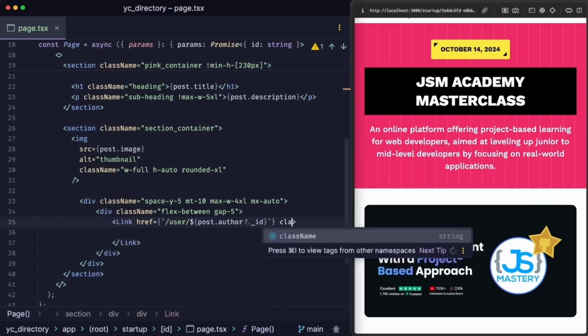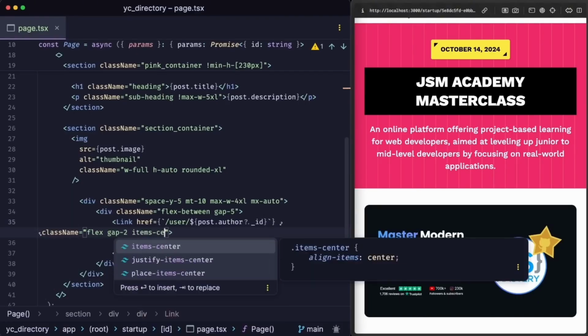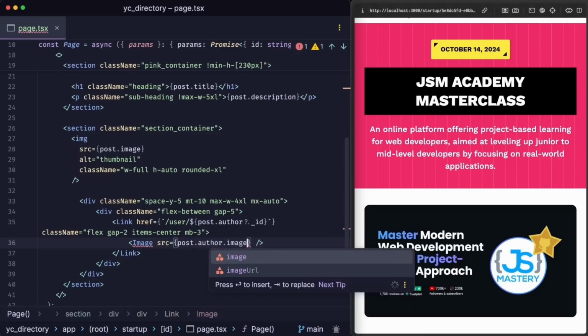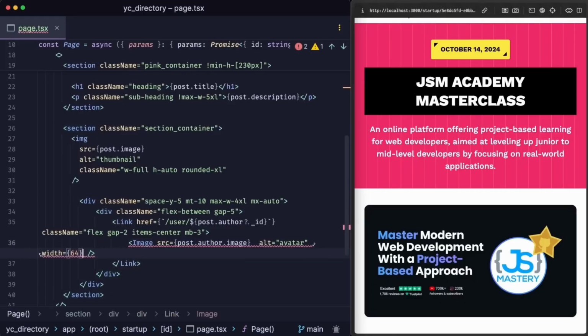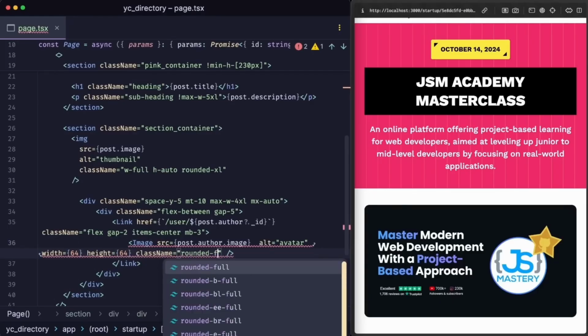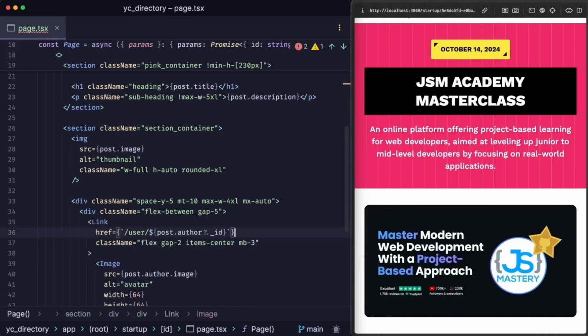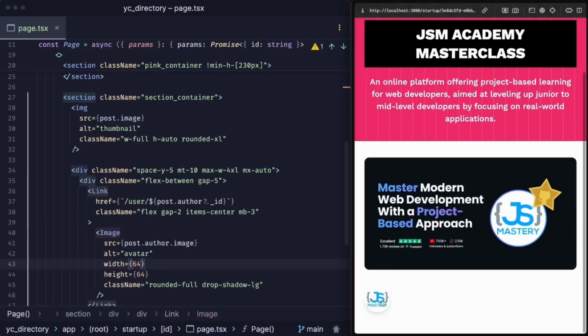Let's also give this link a class name equal to flex, gap of 2, items-center, and a margin bottom of 3. Within it, we can render an image with a source of post.author.image with an alt tag equal to avatar, a width of 64, a height of 64, and a class name of rounded-full to make it a full avatar, and drop-shadow-lg. We have to import the image tag from Next.js, and if we save this now, you'll see a great looking